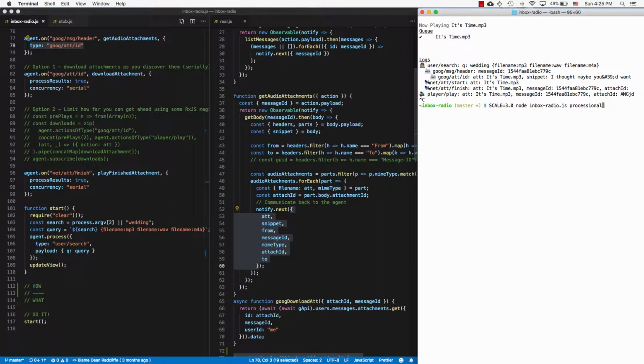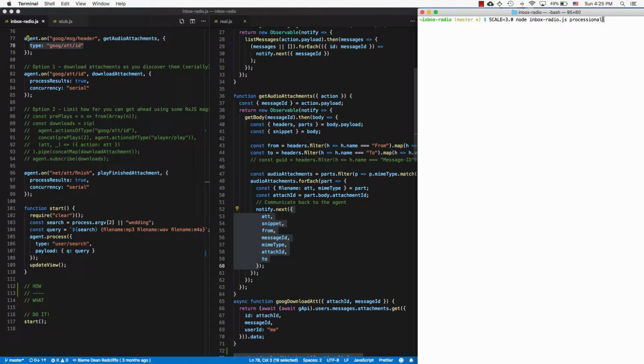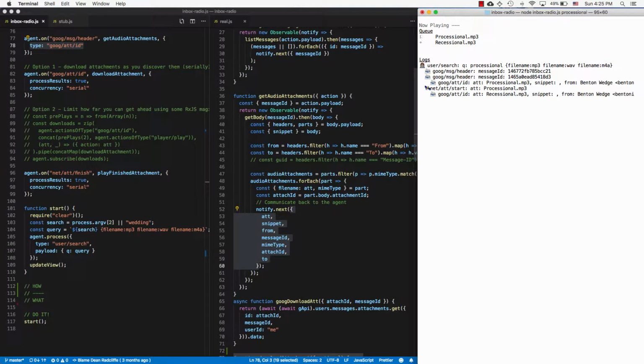So that is in my inbox, and I'm going to show you a search where I hit the inbox for processional. It's going to find a few messages from my friend Ben,